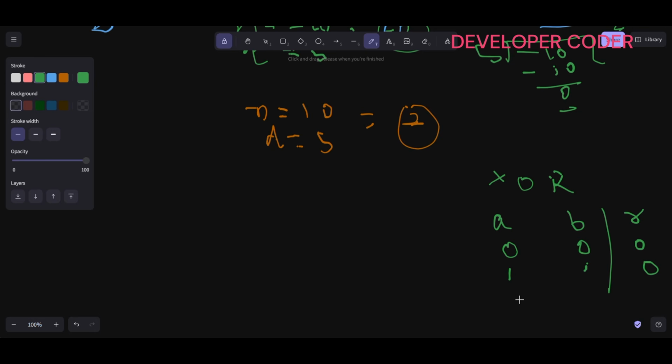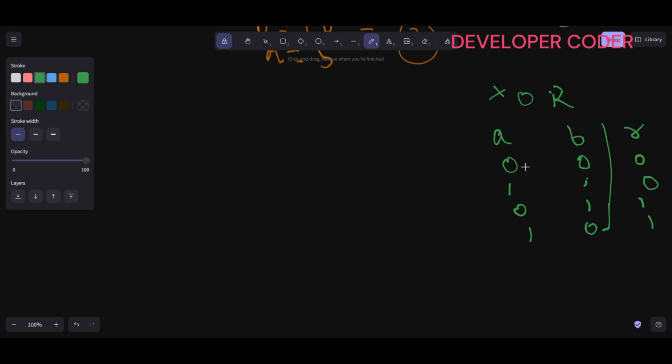But if any one output is 1, we are going to get a different output, we are going to get 1 here in the result. So this is nothing but my XOR table. If both the signs are the same, that simply means the value is going to be 0. So in that case